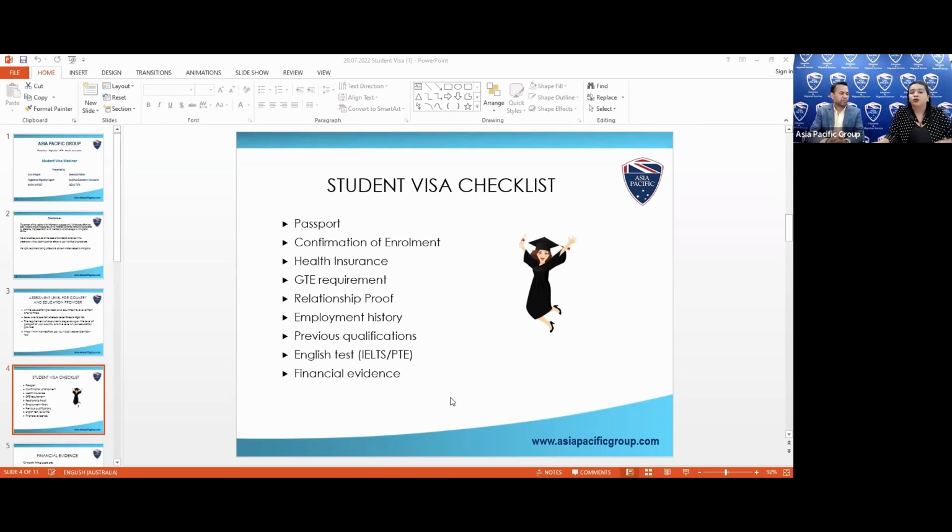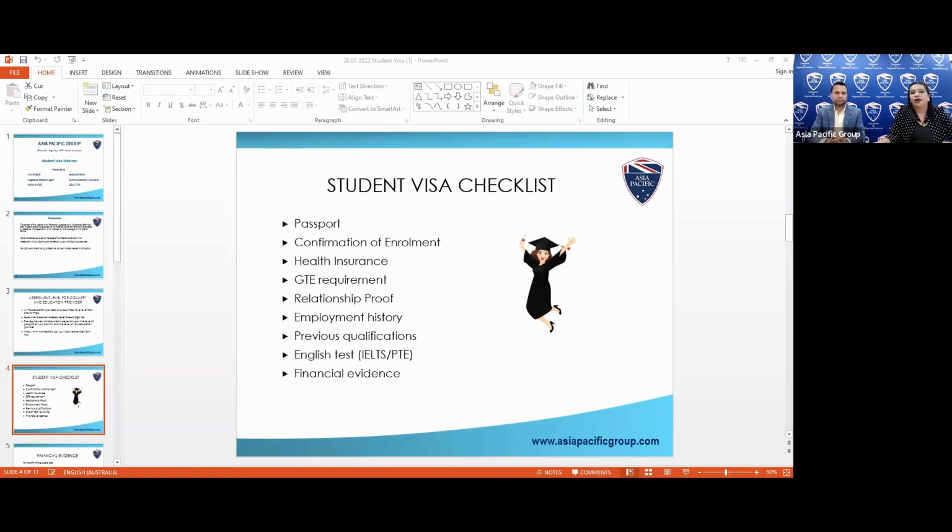Again, here comes the role of your migration agent. It's very important that whatever you have done in your past relates to what you are planning to do. And if you are switching careers, then you need something strong to support your decision on why you want to do this. Again, you need your migration agent who can help you and advise you what things you can do, what things not to do.